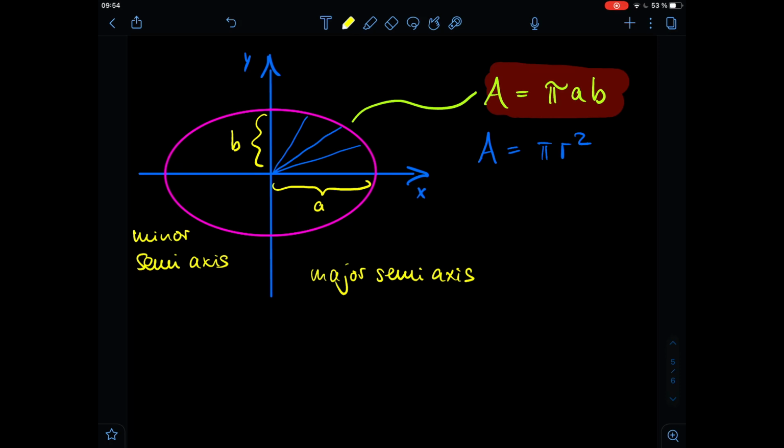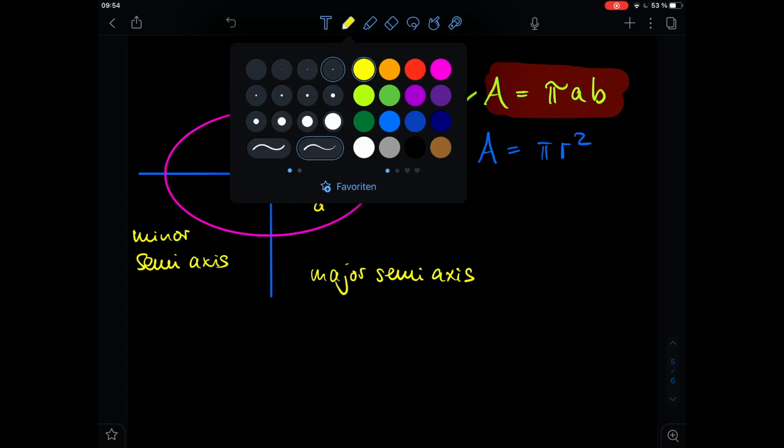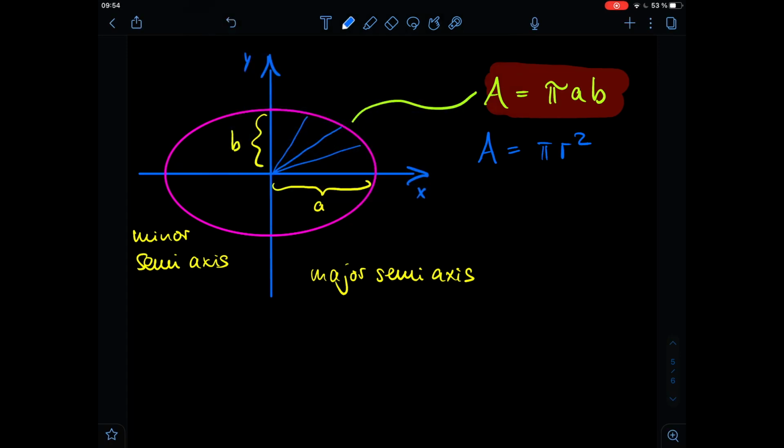But we want to derive that formula, and we want to derive it in a similar manner as we did for the circle, and we do so by applying integration. So first of all, we remember how a circle has been defined. The definition of a circle was x squared plus y squared is equal to 1. This is due to the Pythagorean theorem. And if we rearrange the terms in terms of y, then y is equal to the square root of 1